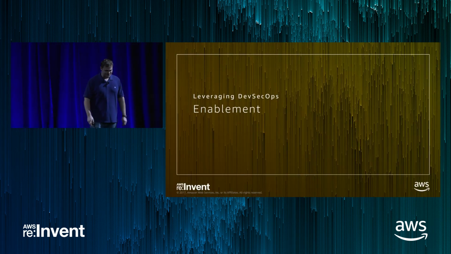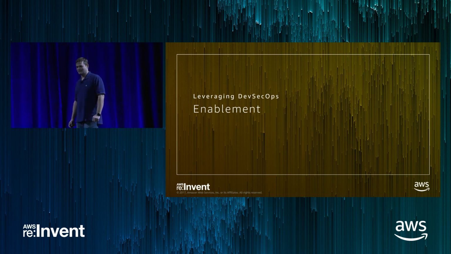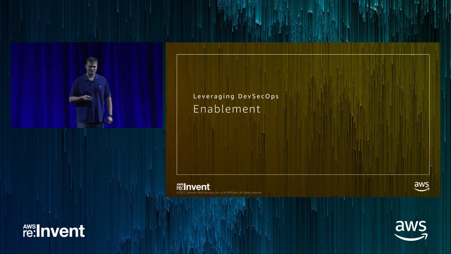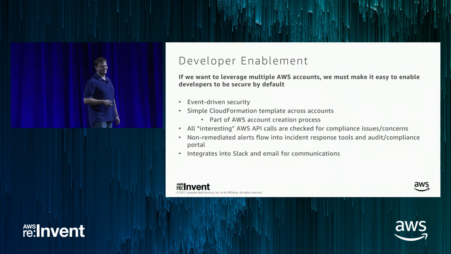Then our final challenge was enablement. So how do we let developers build without us being the reason they can't build something? I don't want to say no all the time, just most of the time. Just kidding. If we want to leverage multiple AWS accounts, we must make it easy to enable developers to be